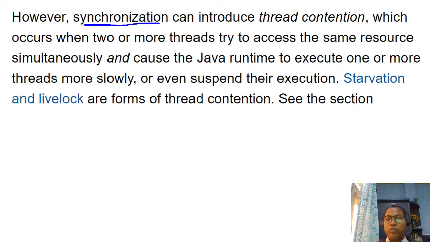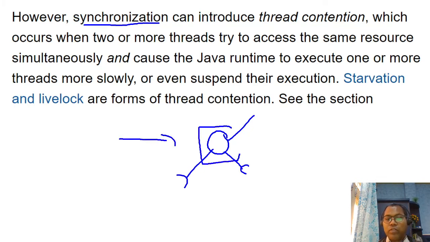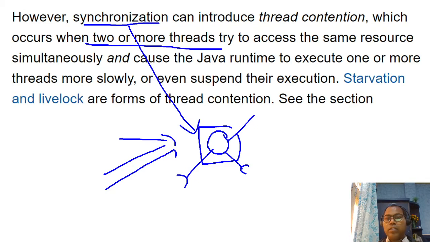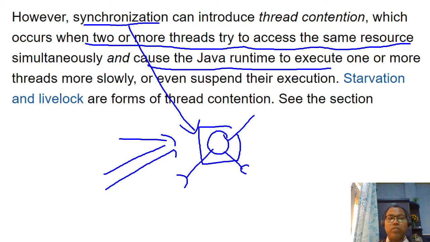Please make sure that when multiple threads share a common resource and you solve thread interference and memory consistency problems using the synchronized keyword, there are different problems whenever two or more threads try to access the same resource. This can cause Java runtime issues, with one or more threads running slowly.